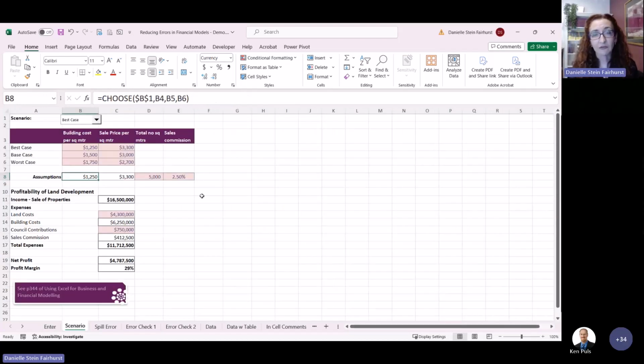Yeah, so that's a super simple example of a scenario. That's using a little drop-down box. You could use a data validation drop-down, or I've used a combo drop-down. You change the drop-down and all the numbers change. That's a really simple way of flicking from one scenario to another. By testing it using different scenarios, you might be able to really flush out where there's a problem in the model. So that's another little tool that you could use.